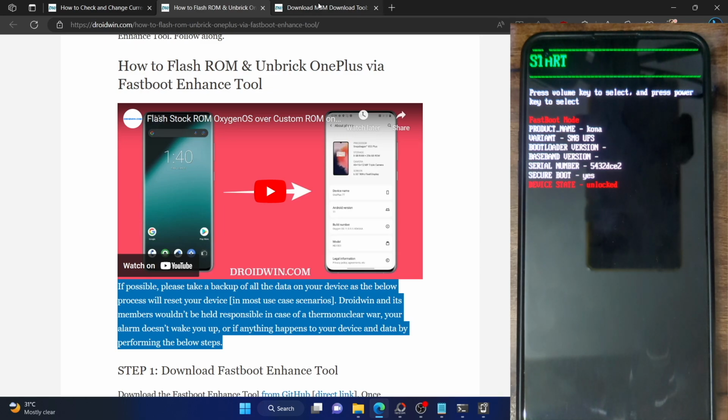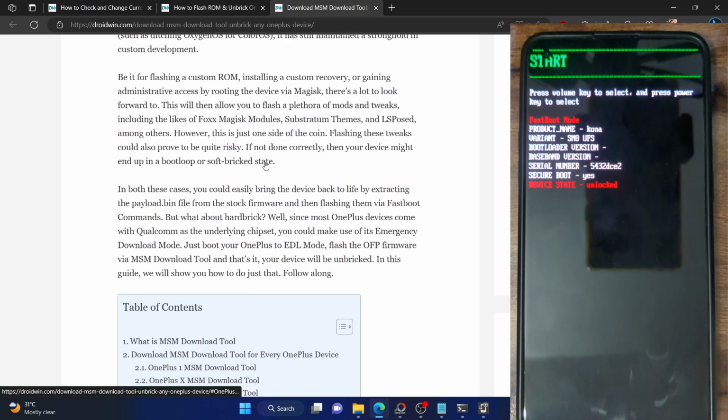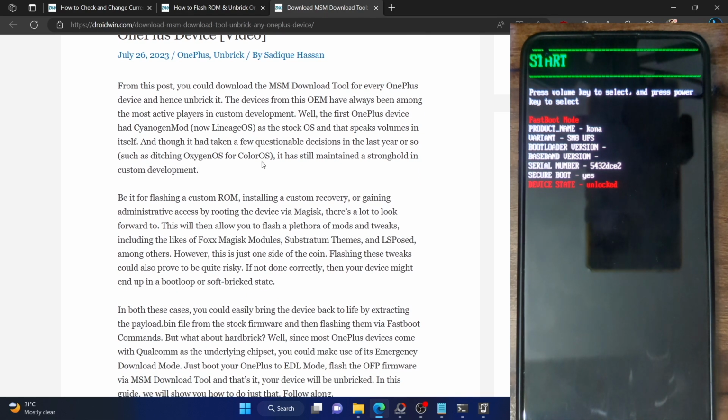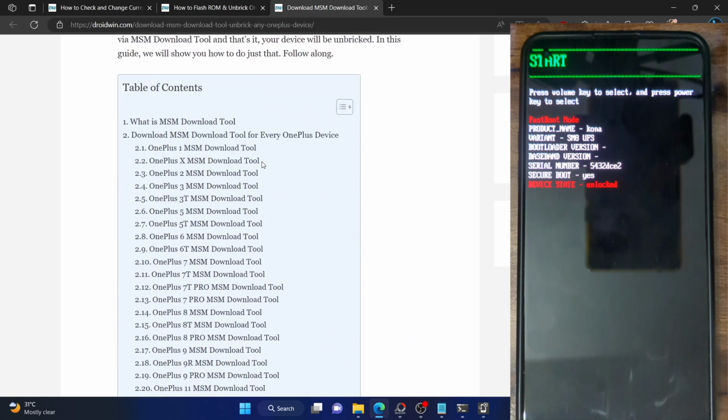So now let's move ahead with the last method, and this is the method which comes with the maximum success rate, but it's the most lengthiest of all the methods. But if none of the methods work for you, you will now have to use this method and you have no other choice but to use this method.